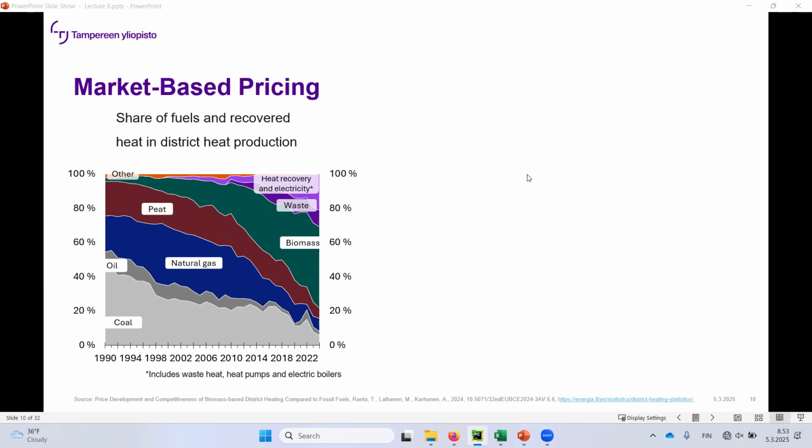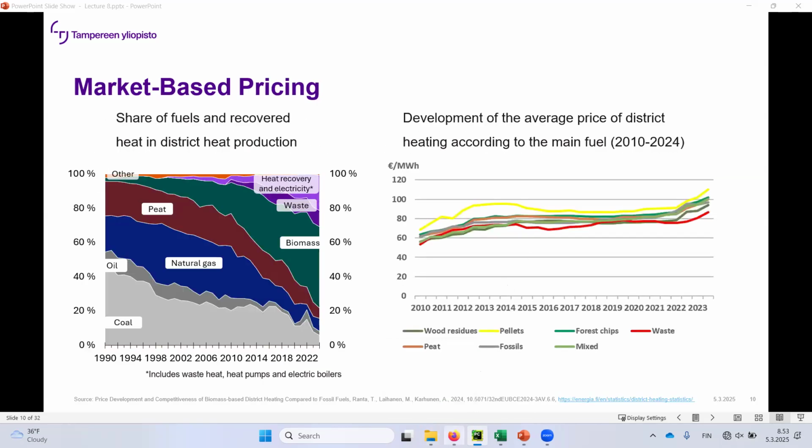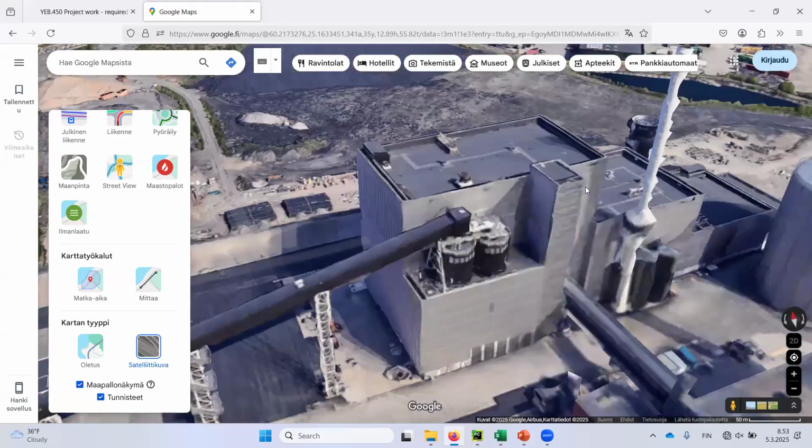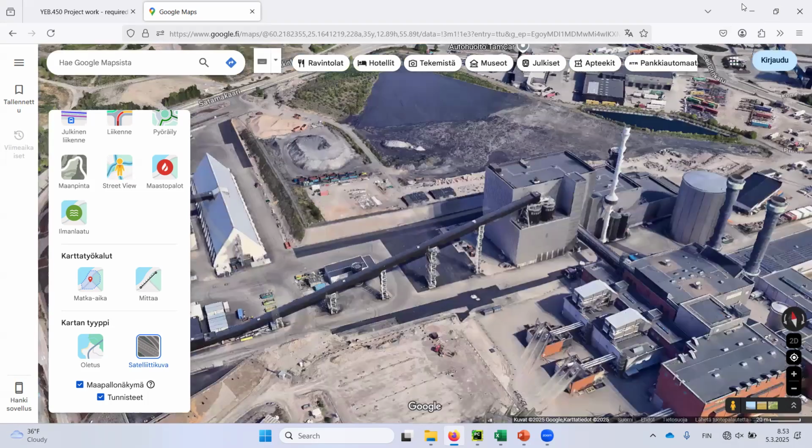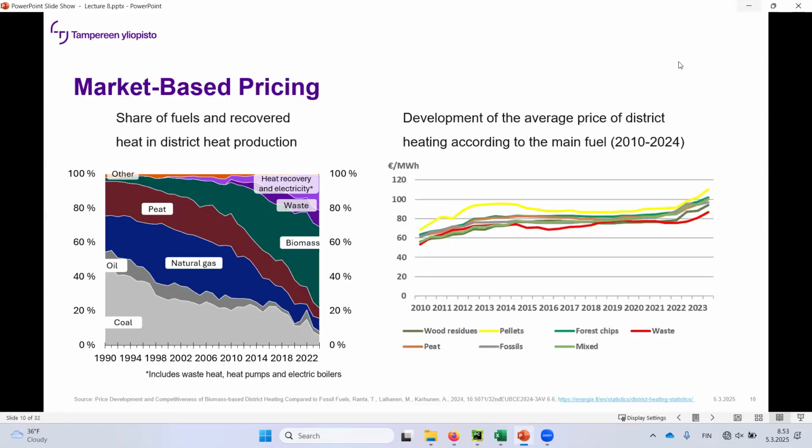So either way, biomass still has been replacing a lot of this natural gas, peat, coal, oil, and actually the Google Map image that I showed you, this power plant in here, it's a heat-only boiler, a little less than 400 megawatts, just biomass. No electricity, just heat and just biomass. And what's been happening in the last few years in here is that biomass price has been coming up